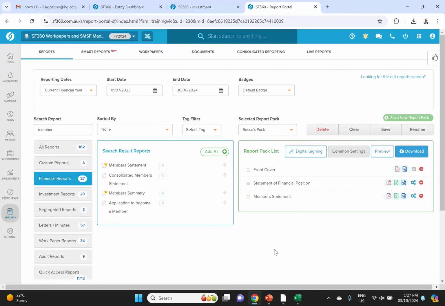A few little bits and pieces. I know we're running short on time now. A few other little bits and pieces. You can preview the report from here or download. I won't do any of that because it is a little bit boring. But the difference between these two screens is download will attach a copy of the reports in a document screen for you. So if I click on download,